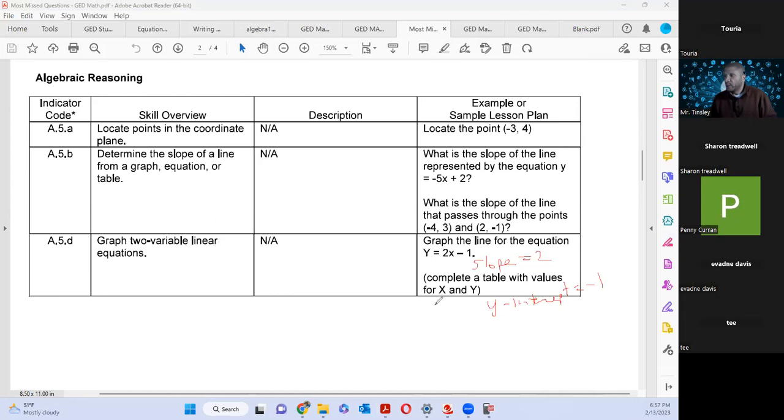So the first thing I'm looking for, if I have a graph, is going through -1, because my y-intercept is -1. So if I have a slope going up, that's going through +1, it can't be that. Okay, so 2 things: you have a positive slope, so you know it's going up from left to right, and you know it's going through -1. So now that's what I'm looking for. Now, if I have 2 problems that go through -1, then I got to actually do the slope rise over run. But that's the type of questions that you can expect.